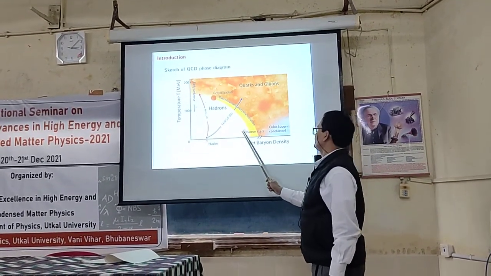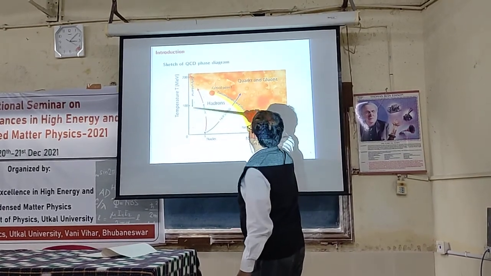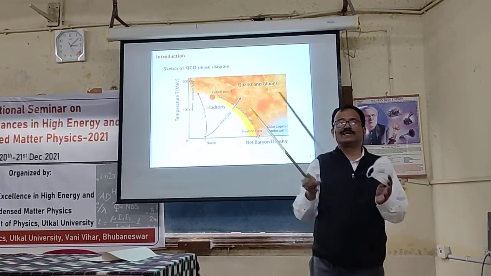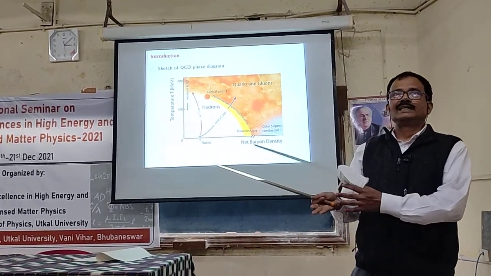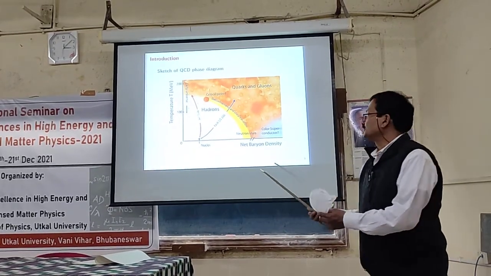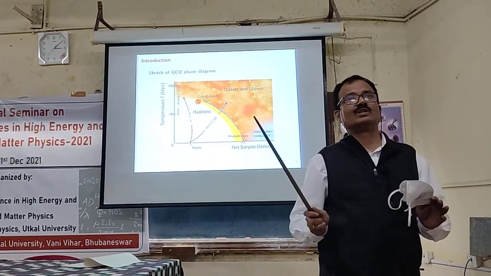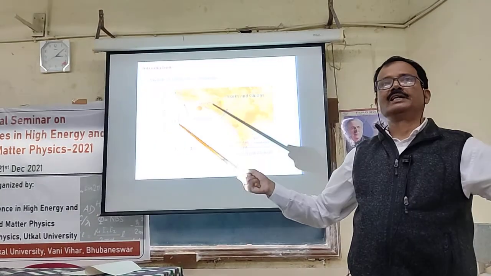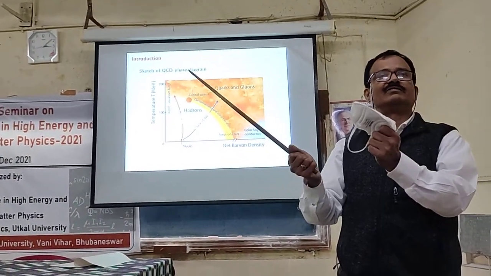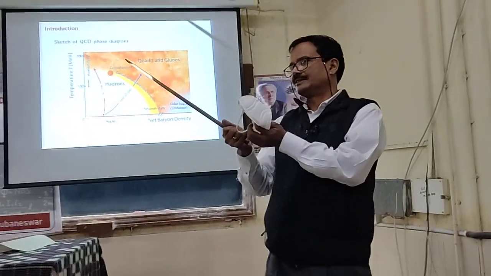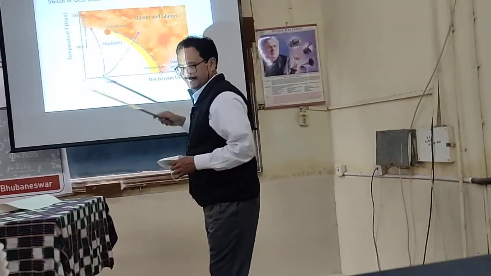And so if it is a first order transition here and a second order or a crossover transition here, in this phase diagram as you go up, there should be some point where this first order transition becomes a second order or a crossover transition. So that is called a critical point. And most of the experimental program in heavy ion physics, where they essentially collide two heavy ions of very high energy that thermalize, and they have a temperature which is what was there in the 10 microseconds after the Big Bang, that kind of temperature is created in the laboratory.